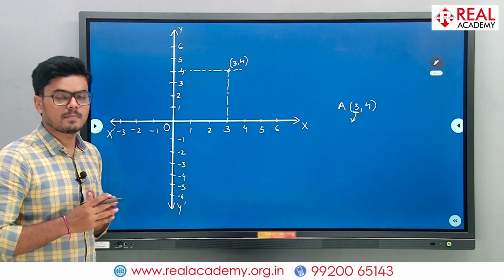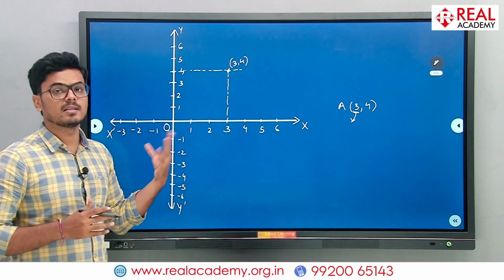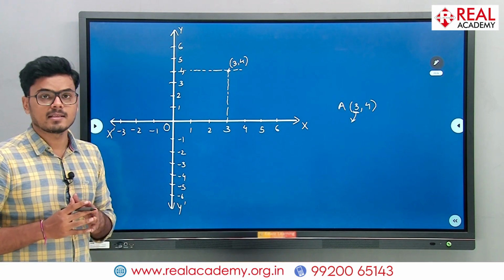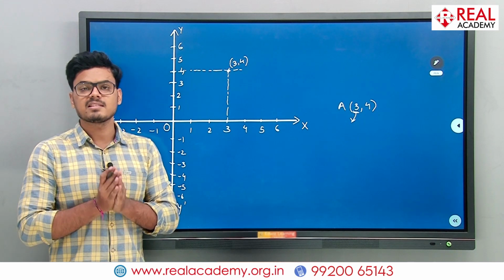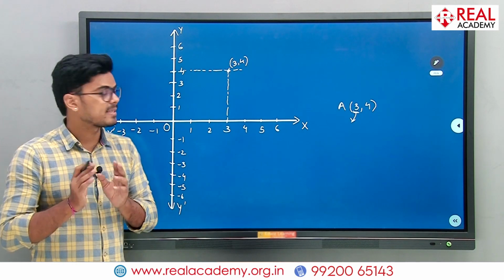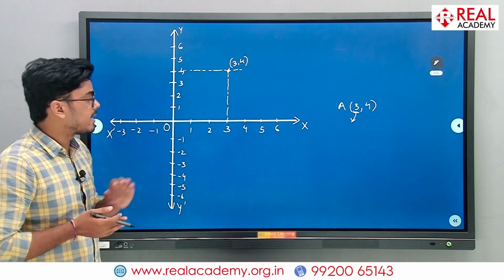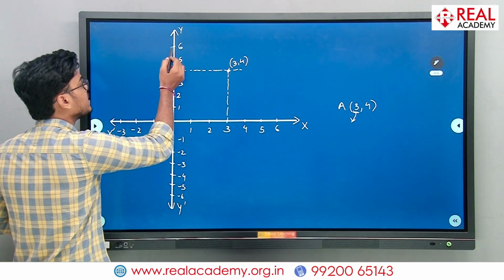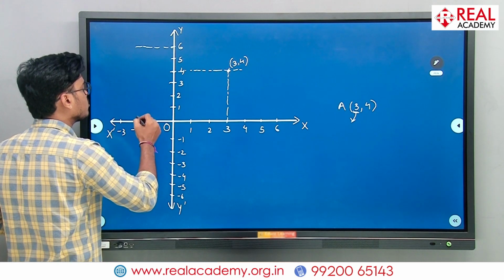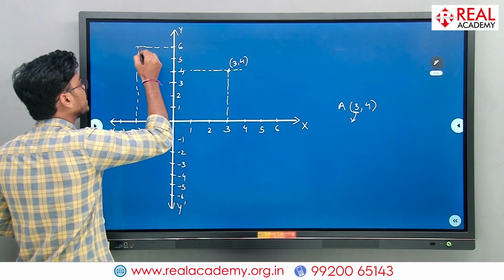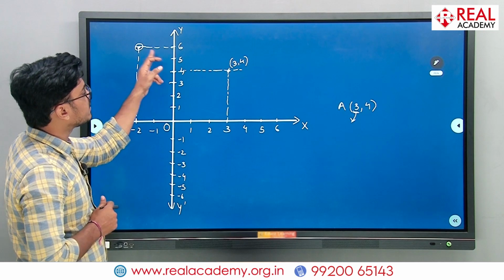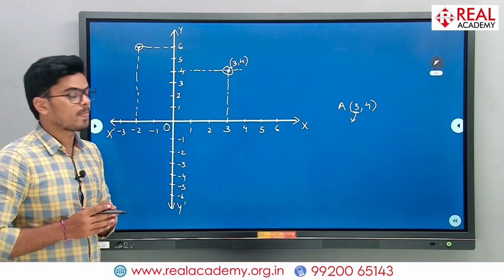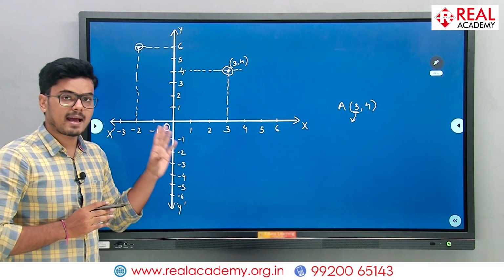Now these are all the very basics of coordinate geometry which you have learned in your earlier standards. Now what we are going to study is how to find out distance between any two given points. For example, this is 3, 4 and I give you another point, let us say -2, 6. So the point will be here somewhere. So what is the distance between these 2 points? Directly by looking you cannot calculate, correct? So if you want to calculate the distance accurately,